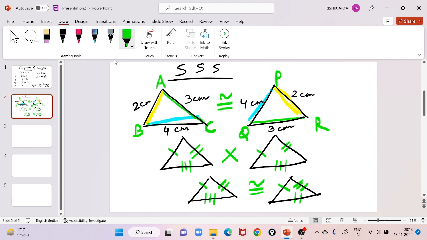I'm not saying that this is wrong. Yes, if this side is equal to this side, and the last one is equal to the last one, then also both the triangles are congruent. But this is not the only way to judge the congruency of two triangles on SSS criteria. I hope you are getting my point. Now I will come to the next topic